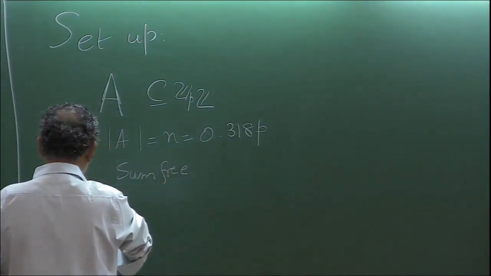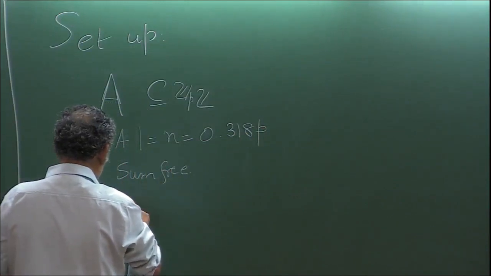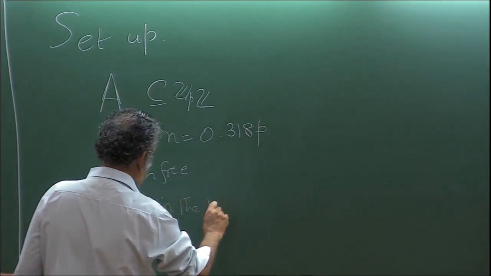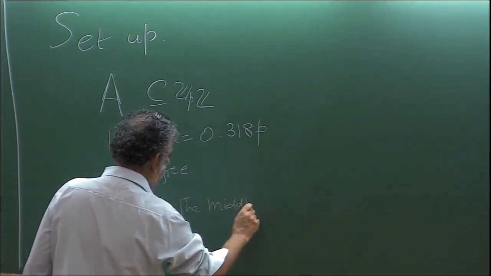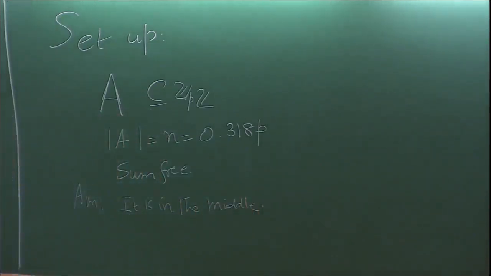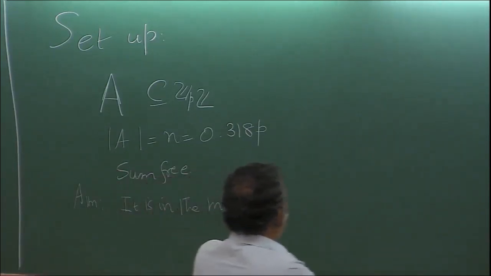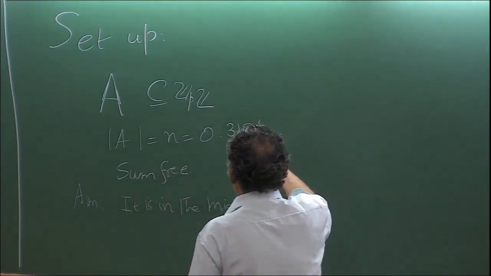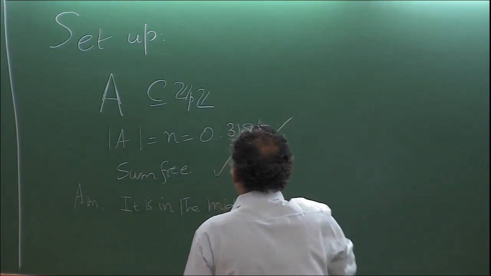Then the aim is that it is in the middle 1/3. When I say it is in the middle, as I explained yesterday, a certain dilation would be in the middle. The middle means 0.318p to p minus 0.318p. Okay, the first thing which we did is essentially make these two statements into Fourier, and the